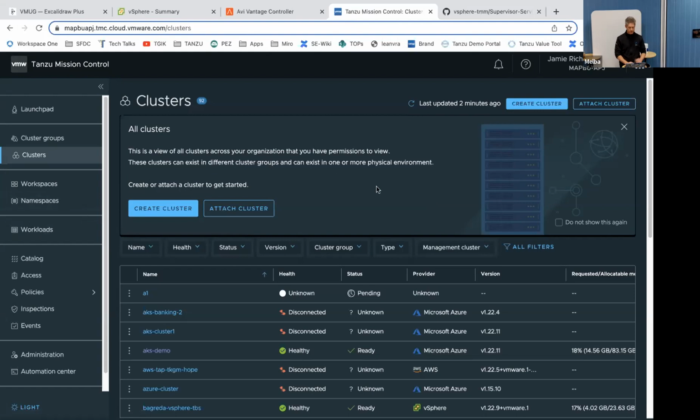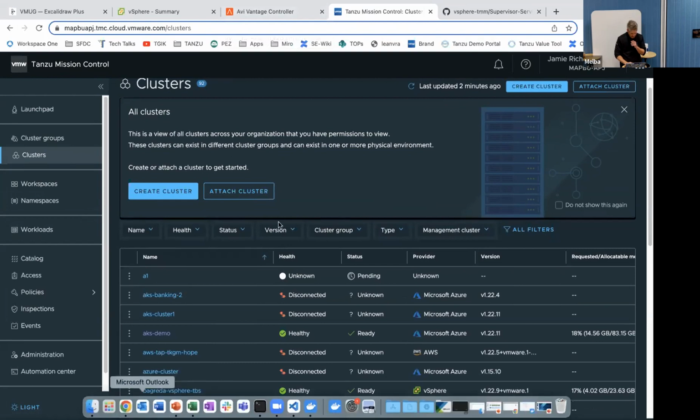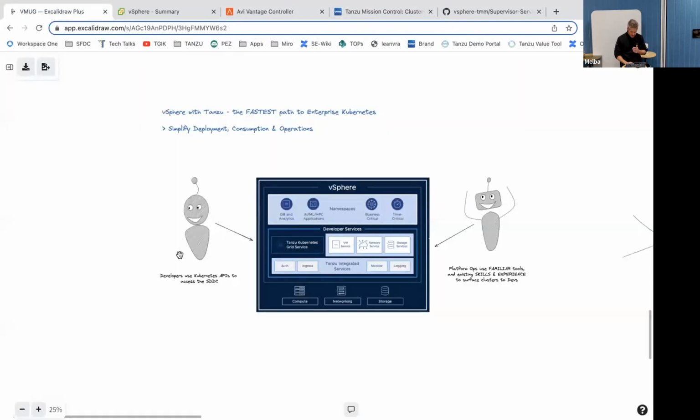Yeah, so this is an interesting tool. It's got a lot more capability. I just thought I'd show you because you can actually create the clusters in vSphere from this tool as well. I'll probably leave it there. One more thing I'll just quickly show you is that,